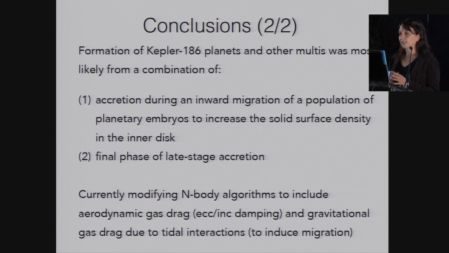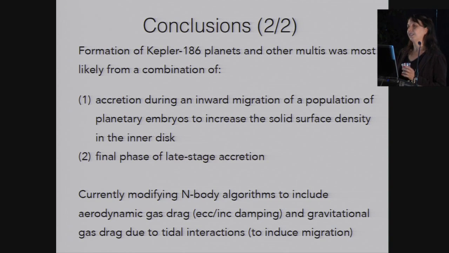For Kepler 186 and some of the other multis, we believe that these planets were formed by some combination of having an early stage of accretion with an inward migration of embryos to increase the surface density. Probably this occurred when there was still gas in the disk, just enough to have them migrate inwards, followed by a late stage of accretion. And so this seems to be the case if you want to match these models to what we observed so